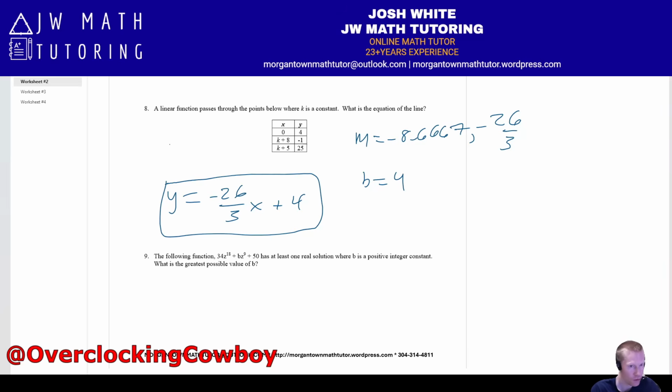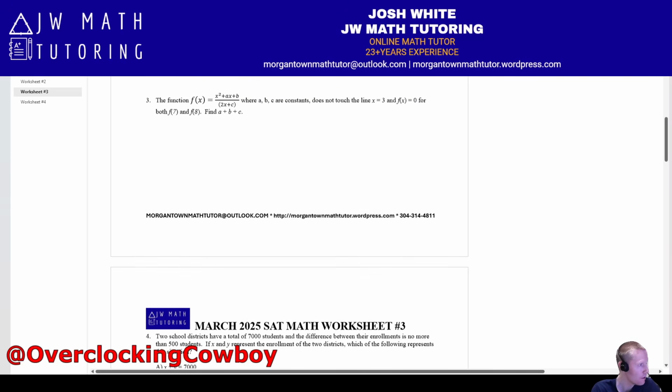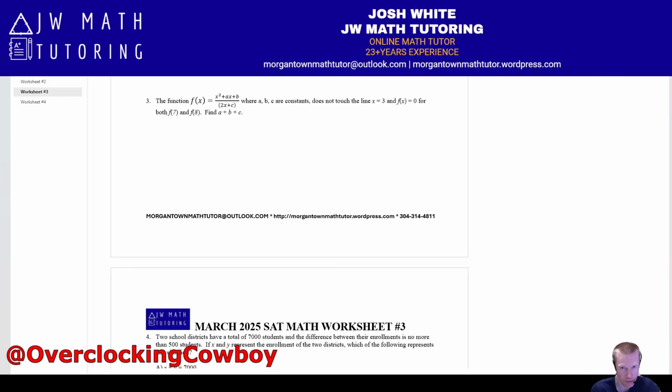All right, next we're going to worksheet number 3 for one problem. It is problem number 3, and it is this function here. Make sure I get the whole thing on the screen. Where basically you have a rational function, and essentially there's an asymptote at x equals 3, and you know two x-intercepts here, 7 and 8. Find a plus b plus c. Okay, so what you can do for this one